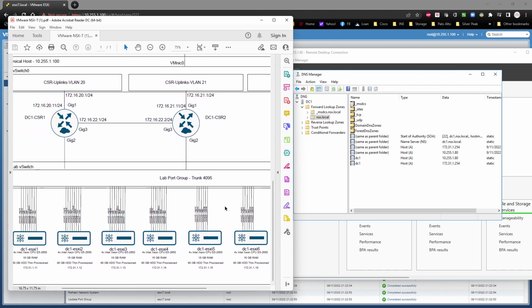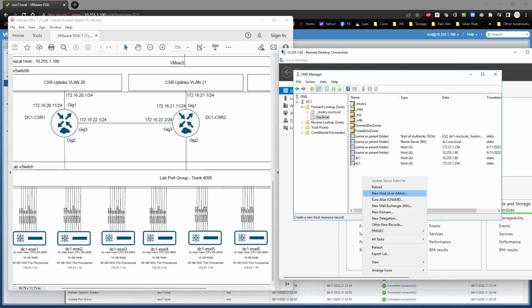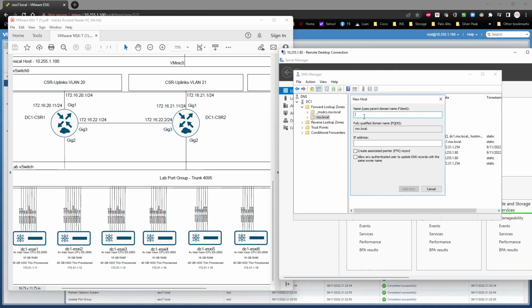I'm going to show you guys how to do that real quick. So right click, add host. I'm going to type in here dc1-esxi1, and the IP address is 172.31.1.11. Click on add host. And we're going to bring that guy over, click on OK. And it's going to be dc1-esxi2, and then it's going to be 172.31.1.13. Add host. And then it's going to be